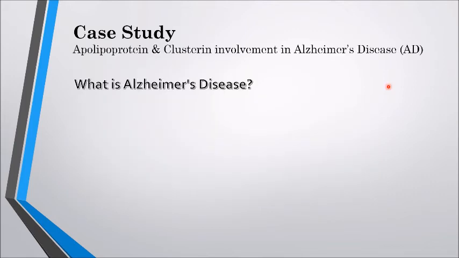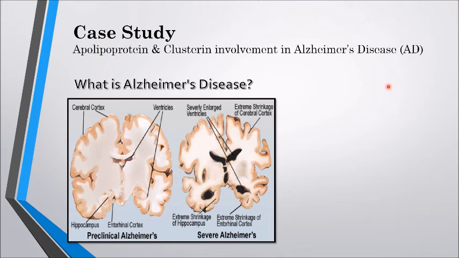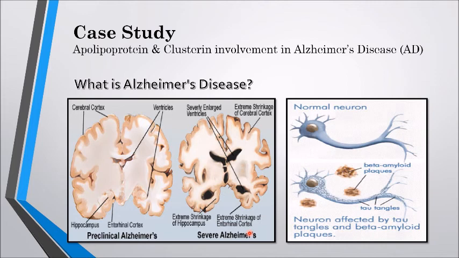AD is a neurodegenerative disorder that results in progressive cognitive impairment, including dementia, personality changes, and memory loss. It could eventually result in the death of the individual. Patients suffering from Alzheimer's disease will experience extreme shrinkage of the hippocampus, the cerebral cortex, and the entorhinal cortex. A key distinguishing feature of AD patients is the formation of the amyloid plaques and the tau tangles